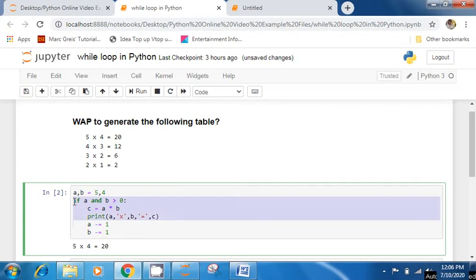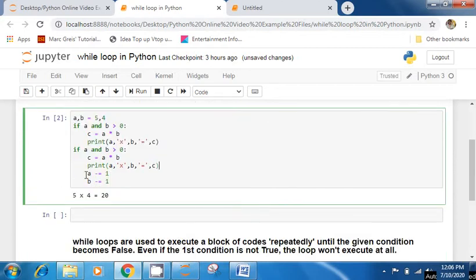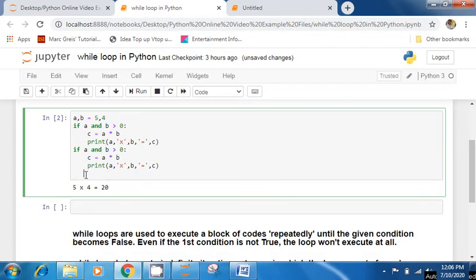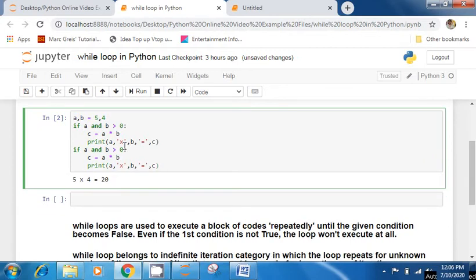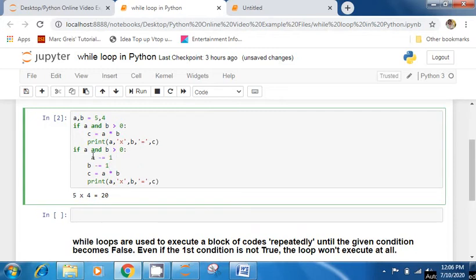So what can I do? Let's copy this, Control C, Alt Enter, Control V. Let me rearrange this now. I want this a and b, Control X, place it here, Control V, with a little more indentation.